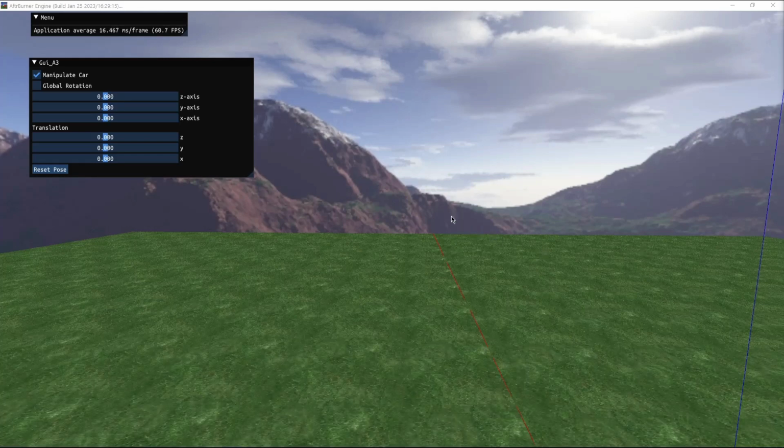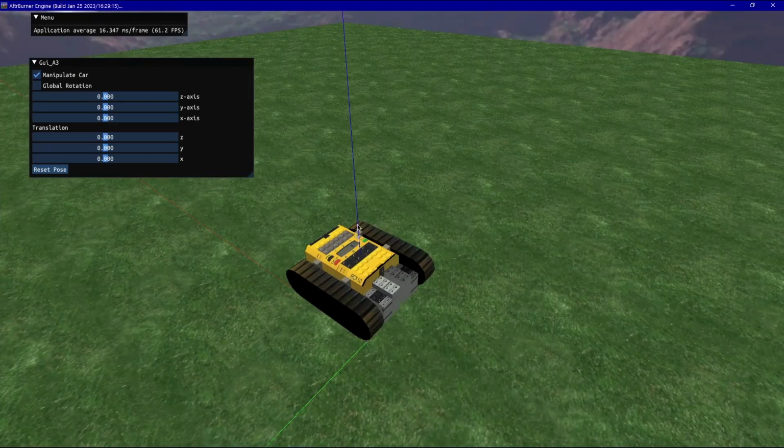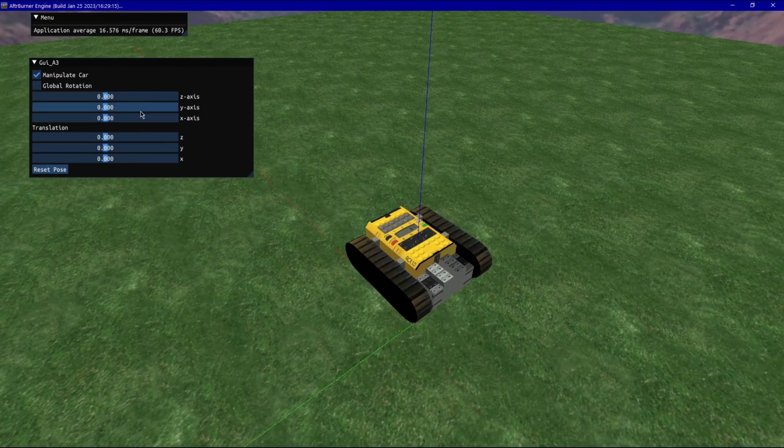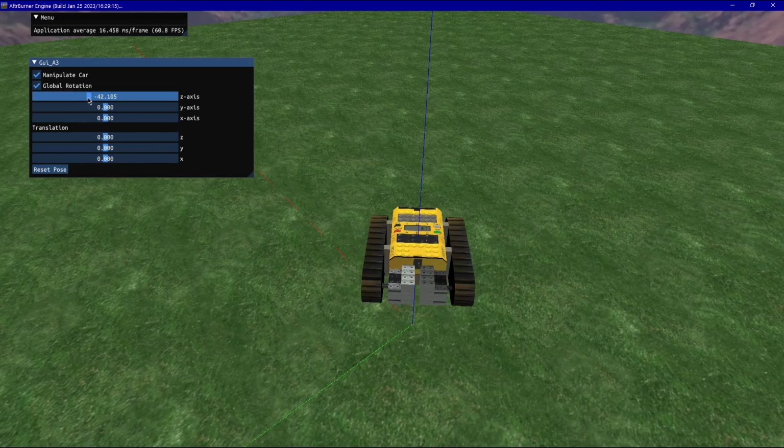Okay, so this is part two of learning the Afterburner engine in my game design class. This part we created a GUI which is going to manipulate this car model here in various ways. So the first thing to showcase is global rotation, and